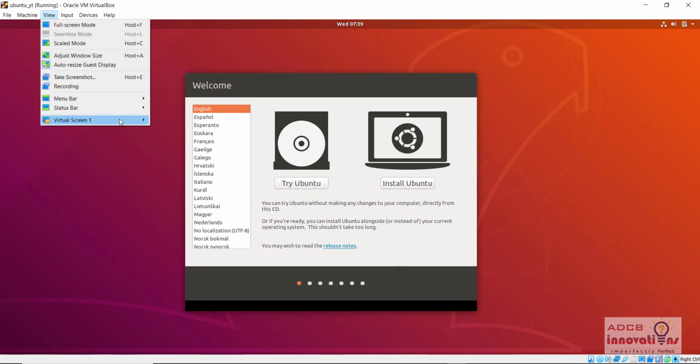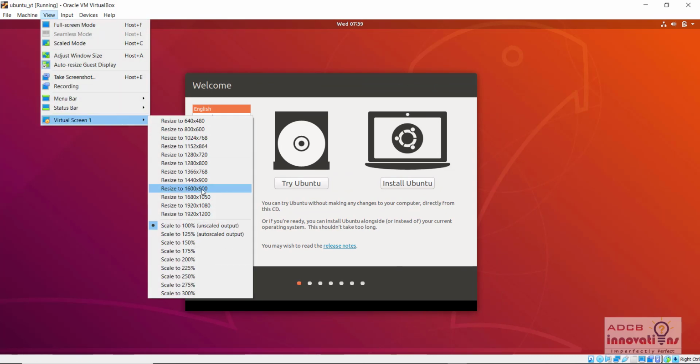All right, otherwise if you did not select that option which I showed before, then all these options will be grayed out. Okay, so just click on install Ubuntu,